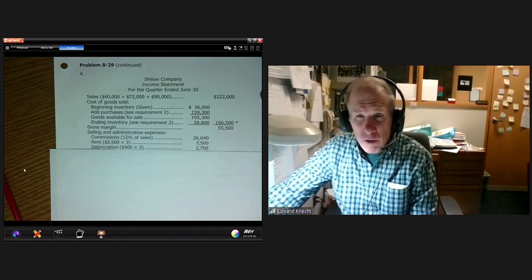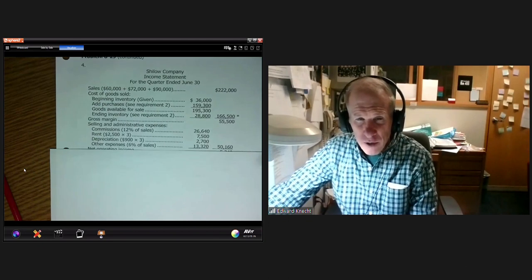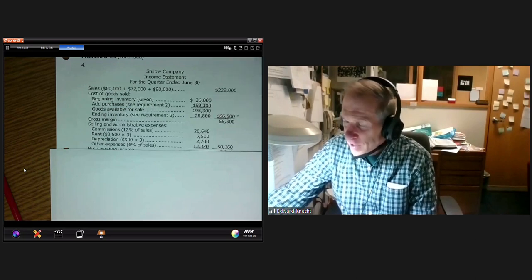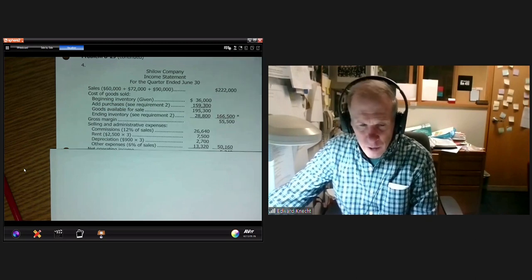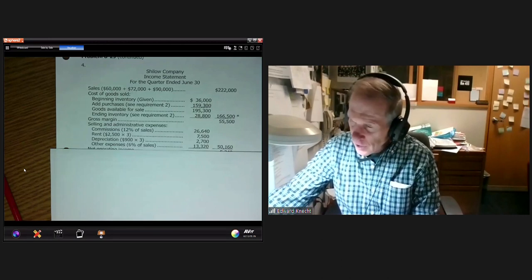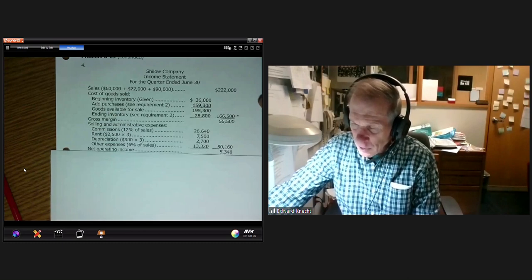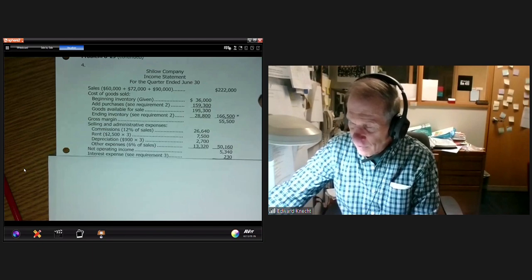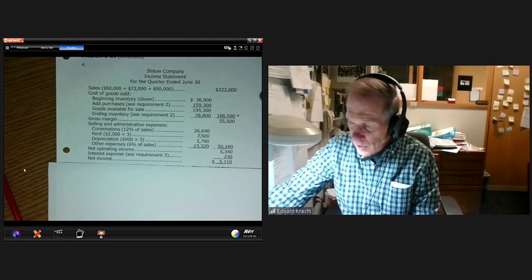Depreciation gets shown on the income statement, but not on the cash budget. Students sometimes fail to put it down on the income statement. But remember what we're doing, a cash budget. Depreciation, there's no cash going out when we calculate depreciation. It's just a means of rationally allocating the cost of an asset over its useful life. So we get a net income of